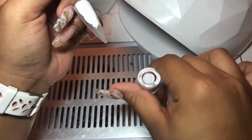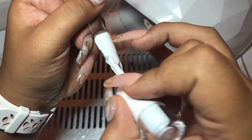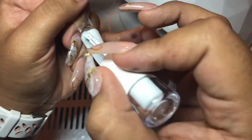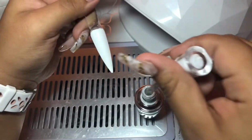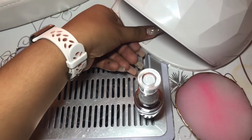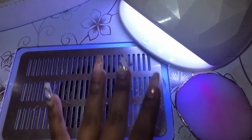And right now I'm going to show you guys the marble with gel, which is going to be really easy. I'm not going to paint the whole thing, but you guys get the point. And this. Okay, now I'm going to dry it. Put it under the UV light. I'm going to put it for 60 seconds so it can completely dry. And while that is drying,